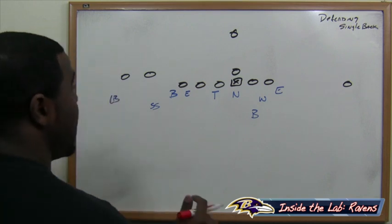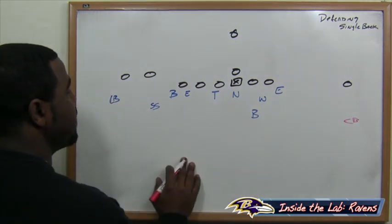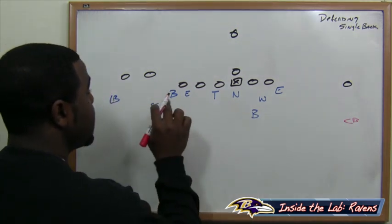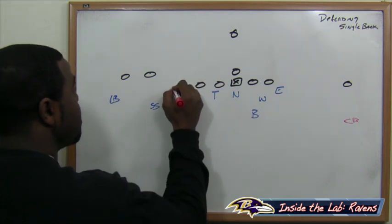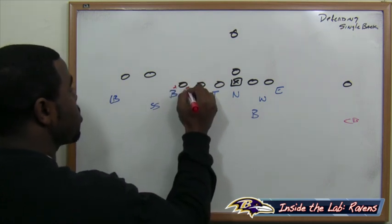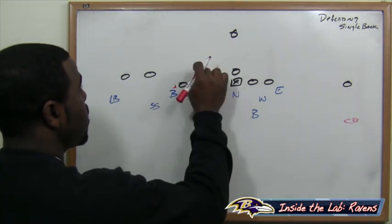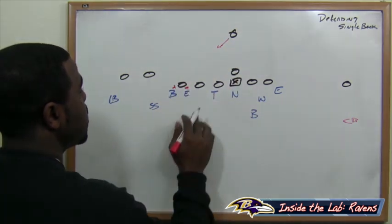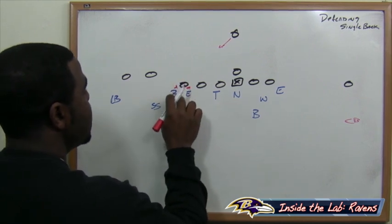I'll show you how we have it set up here. Sorry, I forgot to draw the corner, but that's a double eagle flex defense. And what we're going to do here, you want to get both guys, the backer and that defensive end, first order of business to beat this tight end up at the line of scrimmage. You want to jam him, slow him down, and also stalemate if they want to run outside stretch or outside zone, because you have two guys at the point of attack versus this tight end,